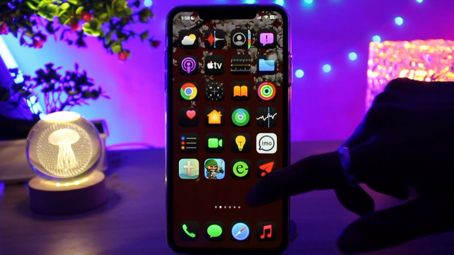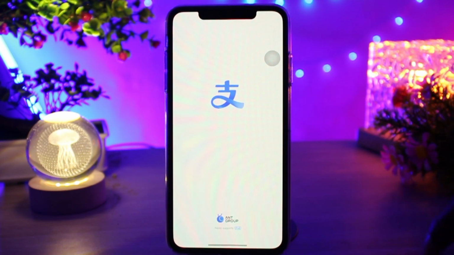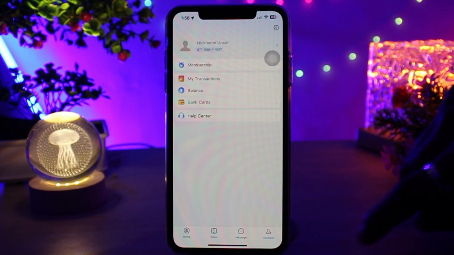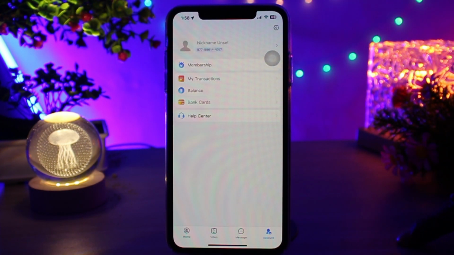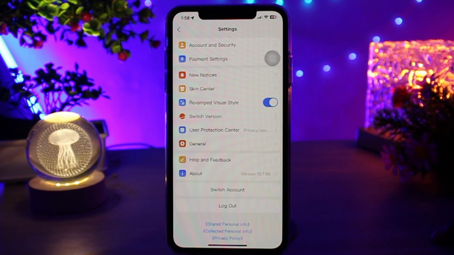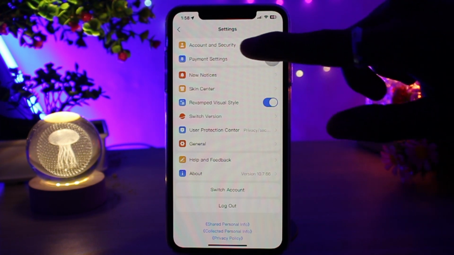Now in order to delete the account, simply head over and open up your Alipay app and be sure to be logged into your account as well. Once logged into your account, simply tap on your account icon on the bottom right corner of the screen, and once you're inside your profile page, simply tap on the gear icon or the settings icon on the top right corner of the screen. Then once you're inside the settings, what you need to do now is select account and